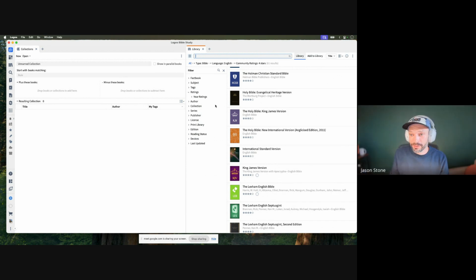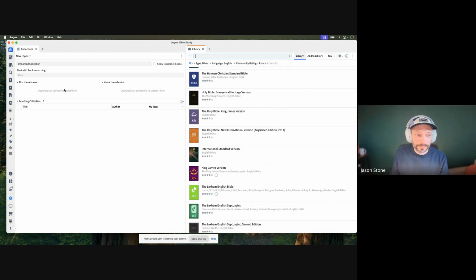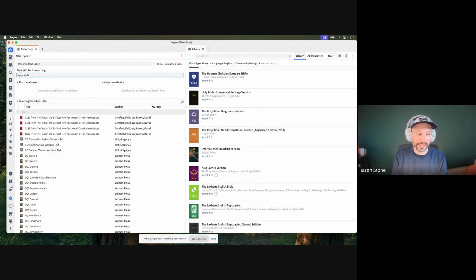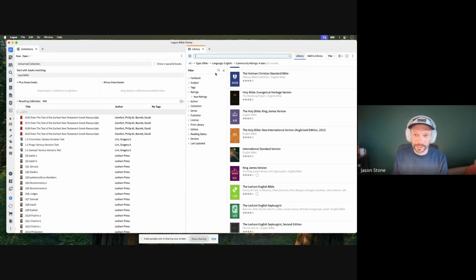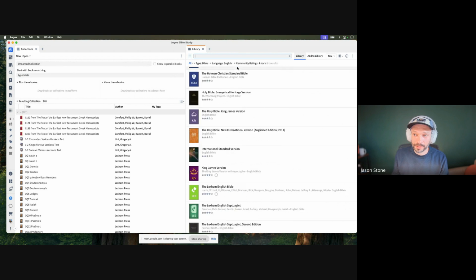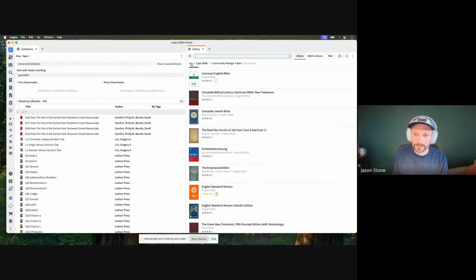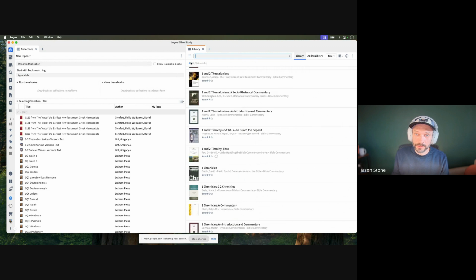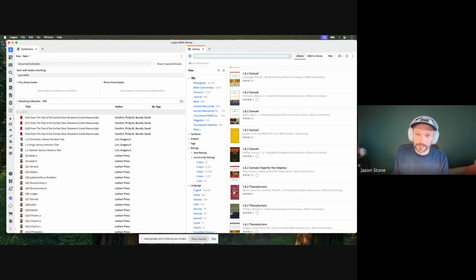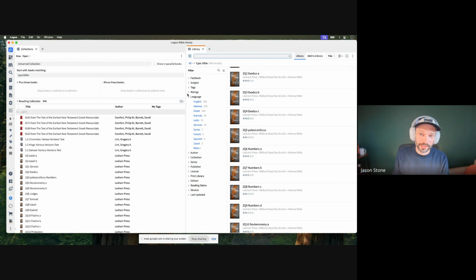But those same filters that are right there will work over here. So I wanted to mention that these filters we're looking at right here, I'm going to clear these filters. Type Bible. If I just click type Bible, this is what I'm looking at in my collection on the left side.